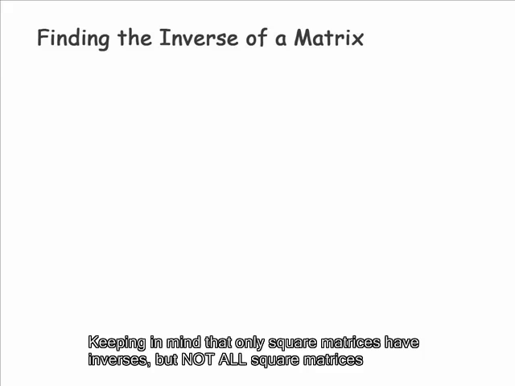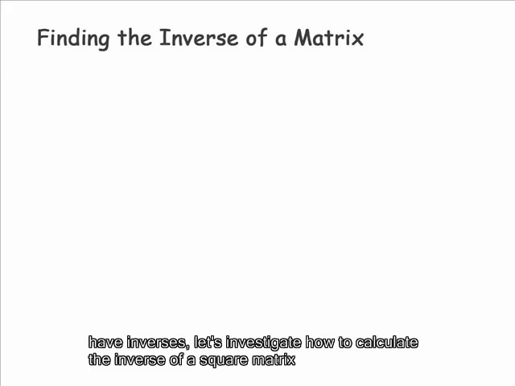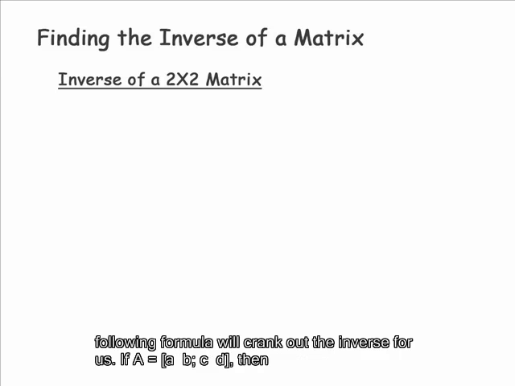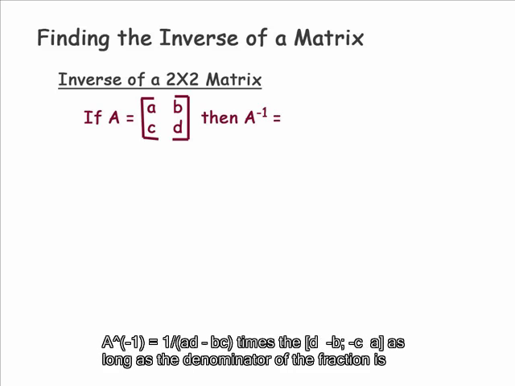Keeping in mind that only square matrices have inverses, but not all square matrices have inverses, let's investigate how to calculate the inverse of a square matrix when it exists. 2 by 2 matrices are the easiest to work with because the following formula will crank out the inverse for us. If A equals row 1 AB, row 2 CD, then A inverse is equal to 1 divided by the